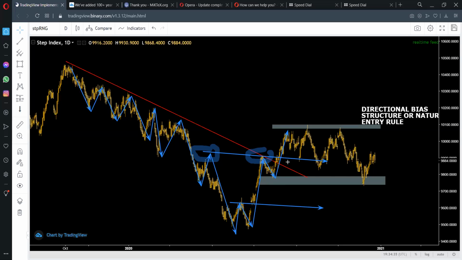So now we can say that the market, from the directional bias, is an uptrend. Since we have already broken this downtrend, we are now in an uptrend. But we are having a pullback here because we need a retest around this zone and then continue pushing up. But right now we can see that the pullback is giving us